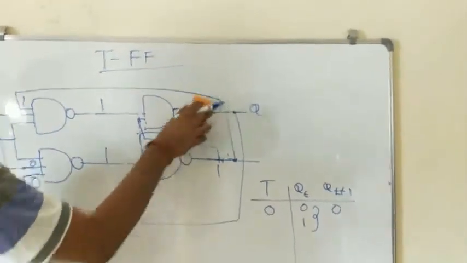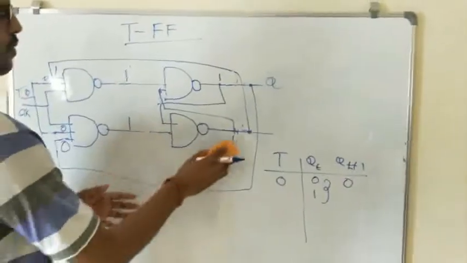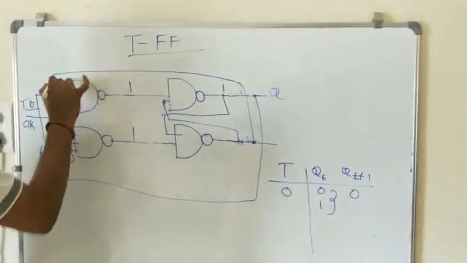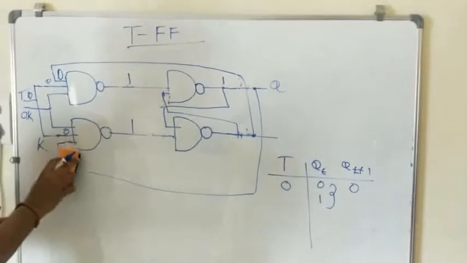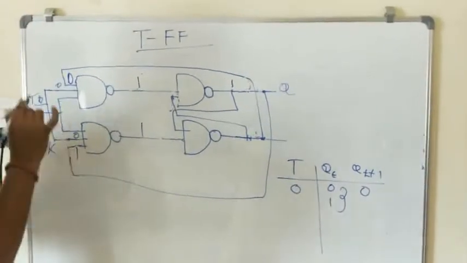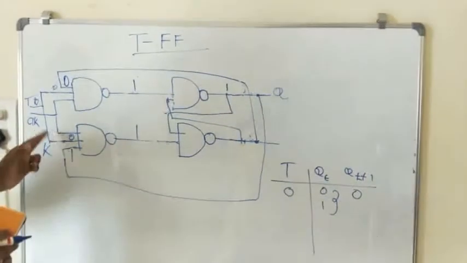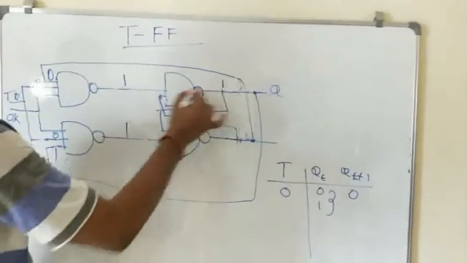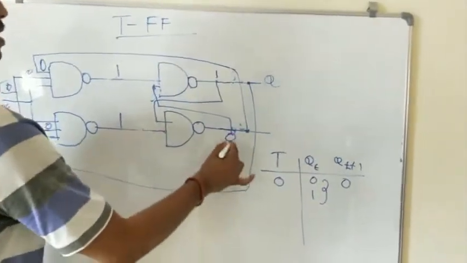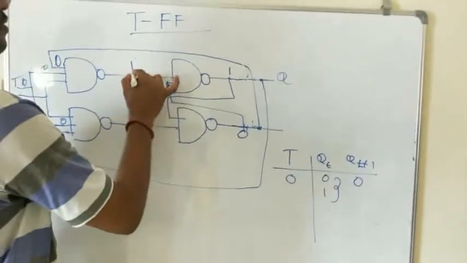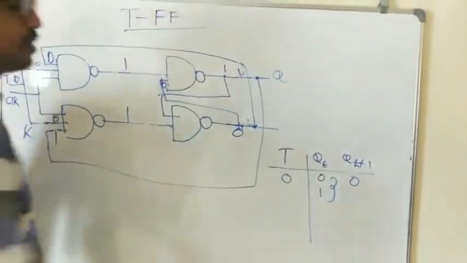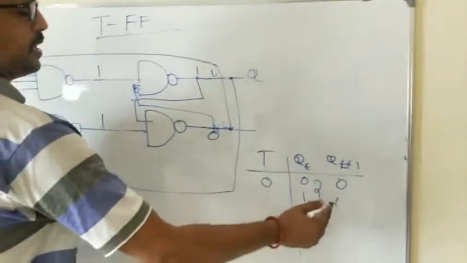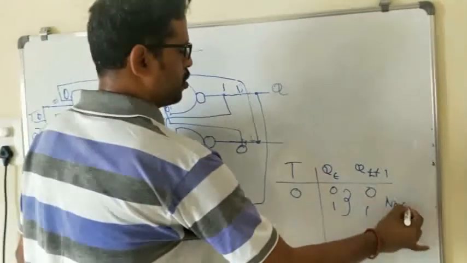Now we assume the present state as 1. So what is Q dash now? Q dash becomes 0. Here we have 1. Though we don't have any impact on this input because already one of the inputs is 0, right? So both the NAND gates are 1. So now 1 means we will be getting 0. This 0 will go here. If any one of the inputs is 0, what is happening? 1. So when present state is 0, the next state is 0. When the present state is 1, next state is 1. Which means no change state.